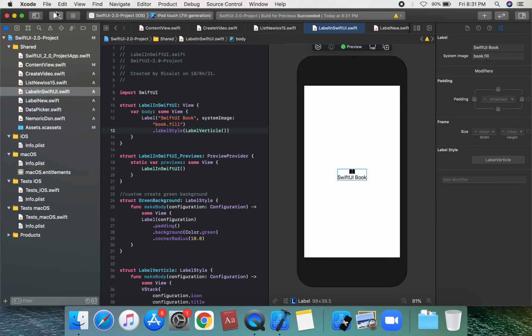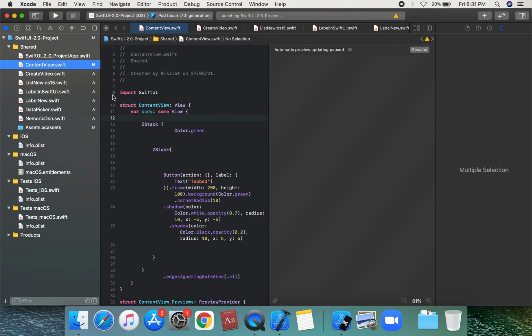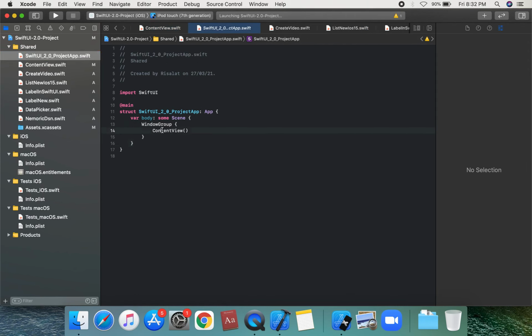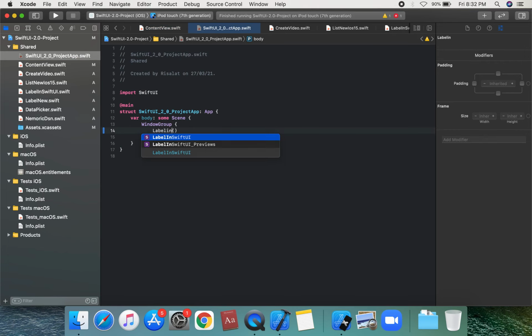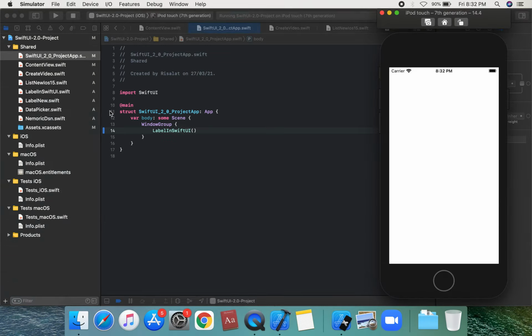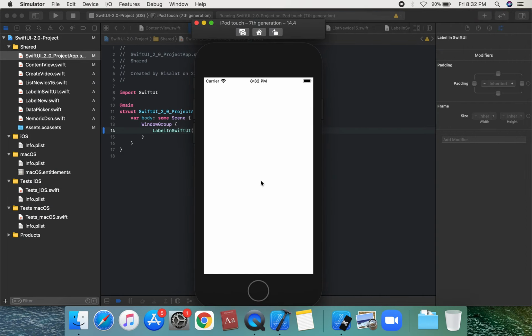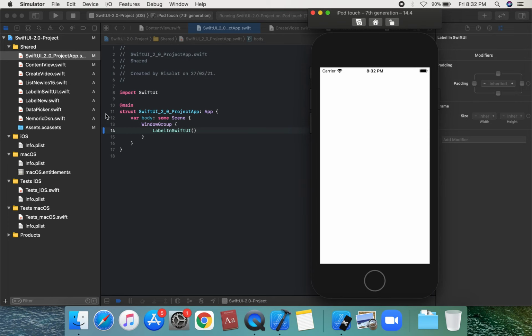We can run on this project. We can run on this ContentView. This is the label ContentView, label in SwiftUI, our project view name. We're going to set the initial view. We can set the vertical and run our cases on this view. Running this state view, we can run the SwiftUI book and our vertical label.